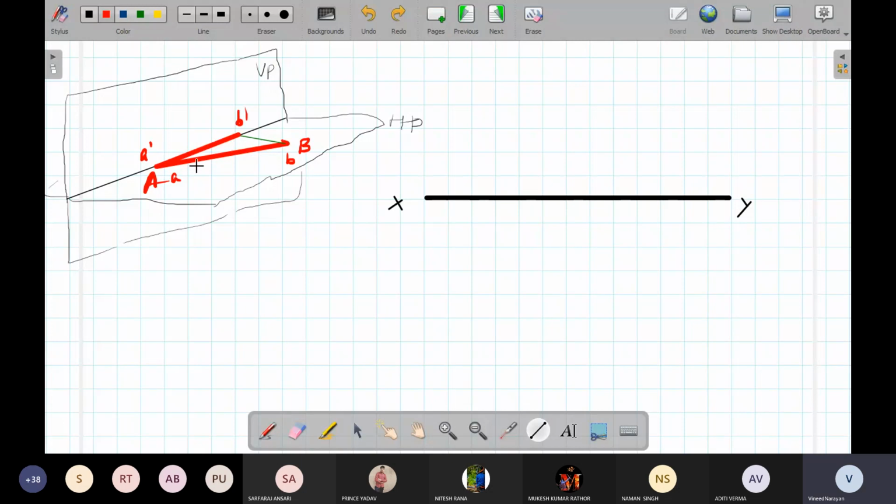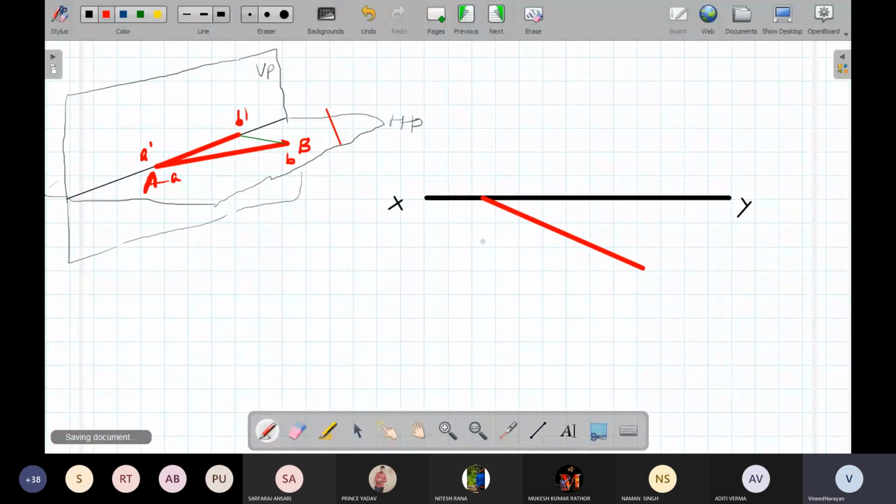So what we can do is, first we have to draw a line which is 45 degrees with the XY. Okay. So I am going to draw a line AB, this projection on the horizontal